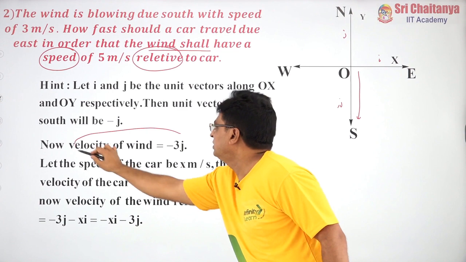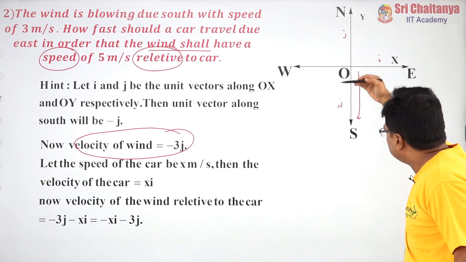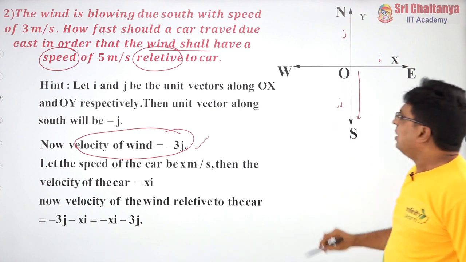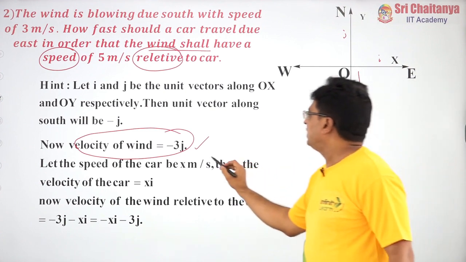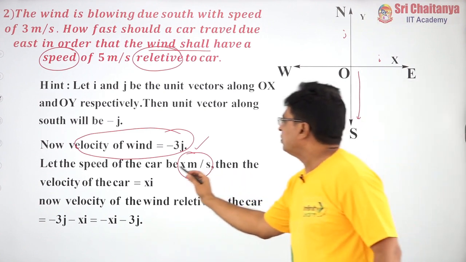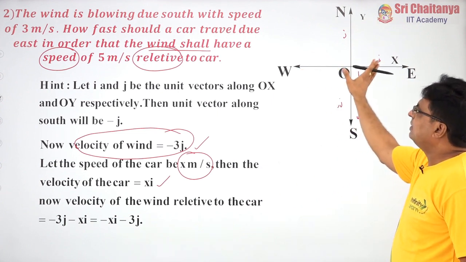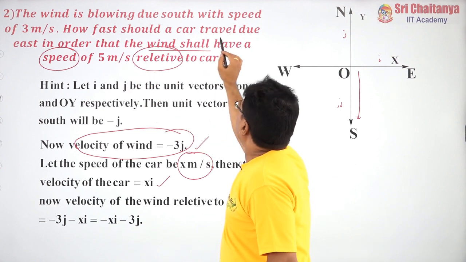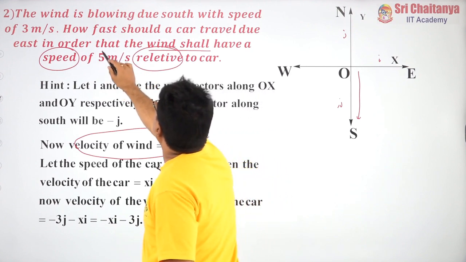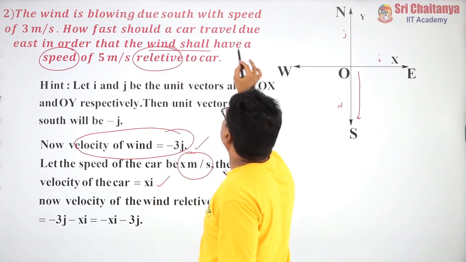So, the velocity of the wind is minus 3j, because I know the speed of the wind, and it is moving downwards, in the south direction. And suppose the speed of the car is x meters per second, because I have considered the magnitude. So, the velocity of the car is xi, because it is moving like this. But what they are asking is how fast should a car travel due east in order that the wind shall have a speed of